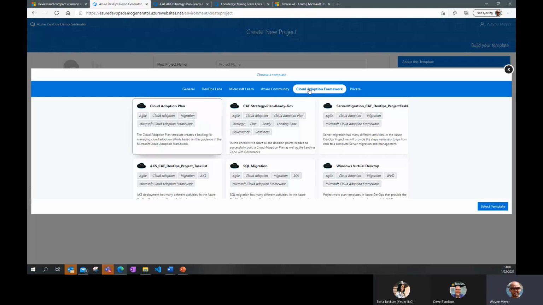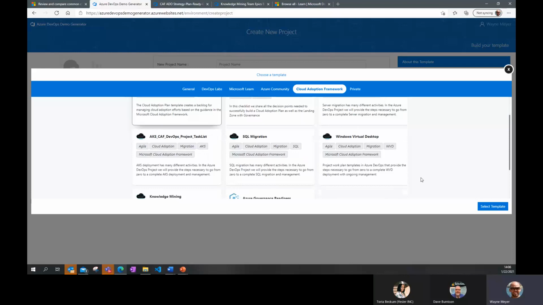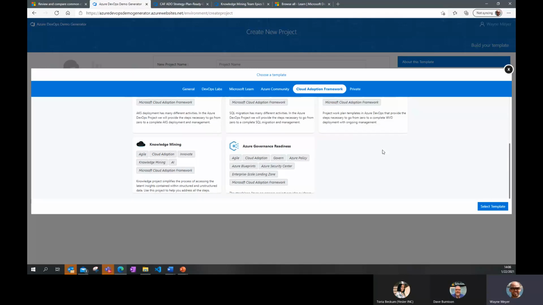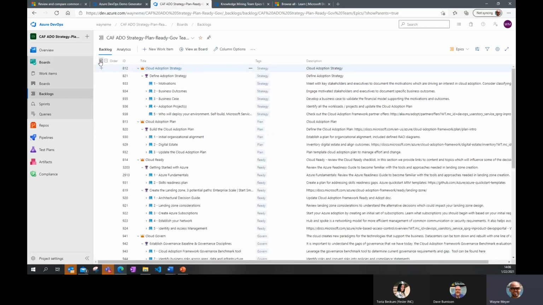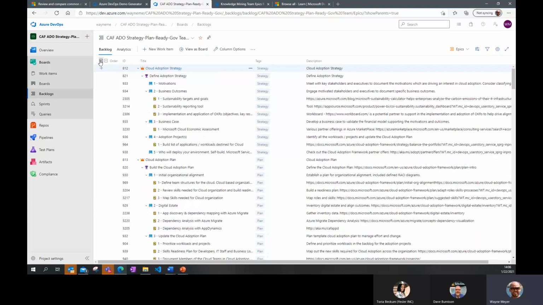So everything from defining your strategy, your plan, and getting your environment stood up and your landing zones ready with the right governance, right the way through to if you were doing a WVD project or a knowledge mining project, we've got those. So here's just a quick sneak preview of what we do within these projects. Set out the work items, all the things that you should be covering.